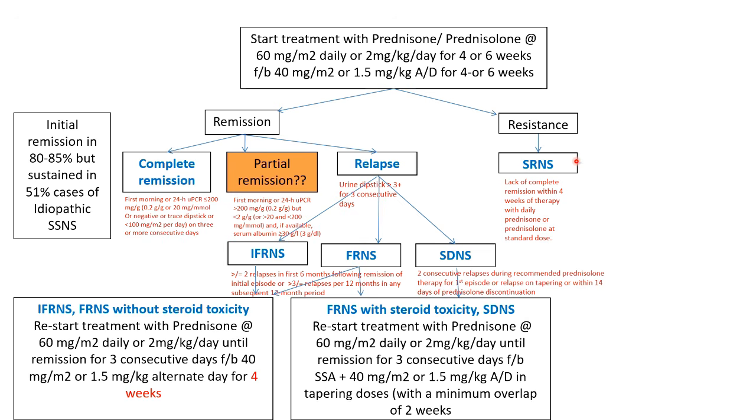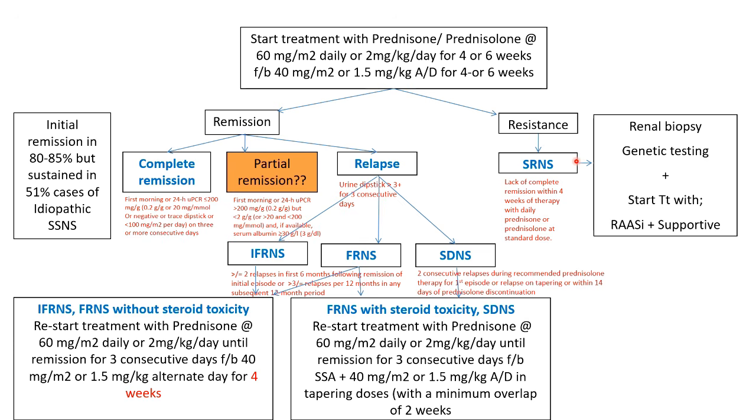Nevertheless, if a patient with steroid-resistant nephrotic syndrome has presented to you, you would go for renal biopsy if it has not yet been done. Along with this, you will do genetic testing, the implications of which I will be discussing subsequently. You should start treatment with RAS inhibitors, and supportive management should also be done aggressively. Here I would again like to mention that steroid-resistant nephrotic syndrome is quite less common in children, and RAS inhibitors are more or less not indicated in children. The only one which I feel can be given is losartan. Telmisartan is not recommended in less than 18 years of age.